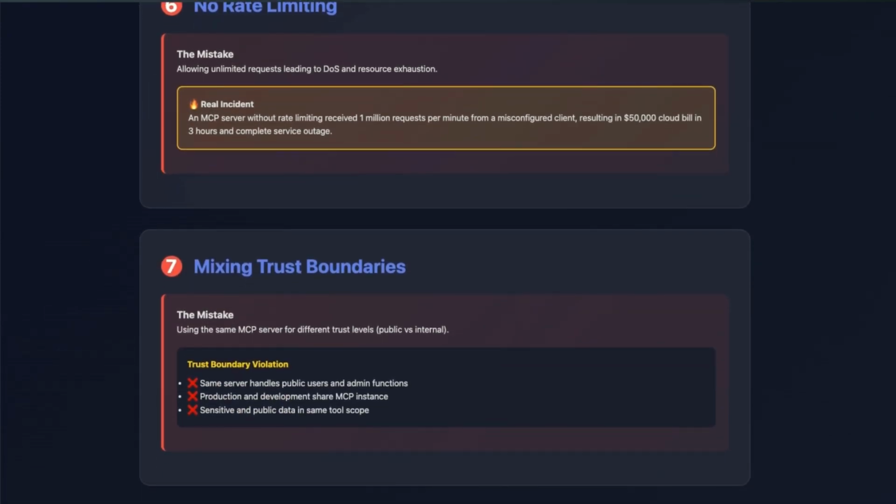So using the same MCP server for different trust levels, like public versus internal, can even bring some security issues to the table. Never ever use the same server for public users and admin users. There should be different routes to access or call the public data and the dedicated users' data and